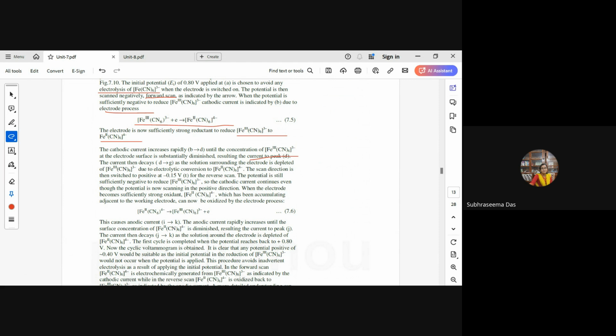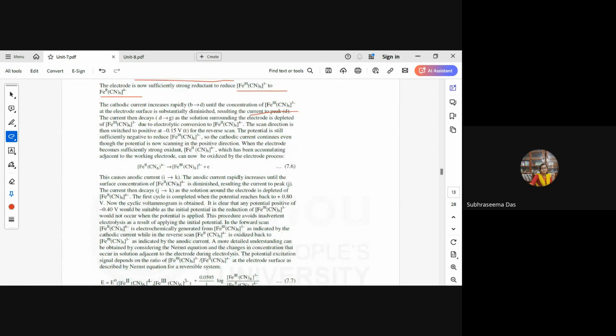So once this process is complete, the scan is reversed. However, the potential is still sufficiently negative to reduce Fe(CN)6 3-, so the cathodic current continues even though the scan is now in the positive direction. When the electrode becomes sufficiently strong, that is, it has now converted to Fe(CN)6 4-, the following oxidation process can occur: Fe(CN)6 4- gets converted to Fe(CN)6 3-, and this causes